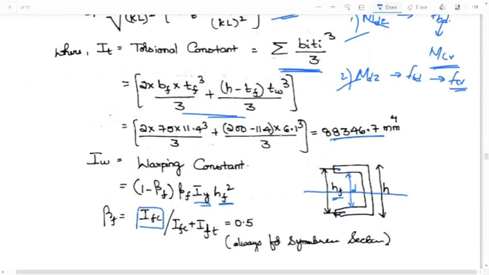See here, this is going to be in compression, this is going to be in tension if torsional buckling is happening, or if it is going to be in compression and in tension. In whatever case, this axis is going to divide this top portion and bottom portion into half.